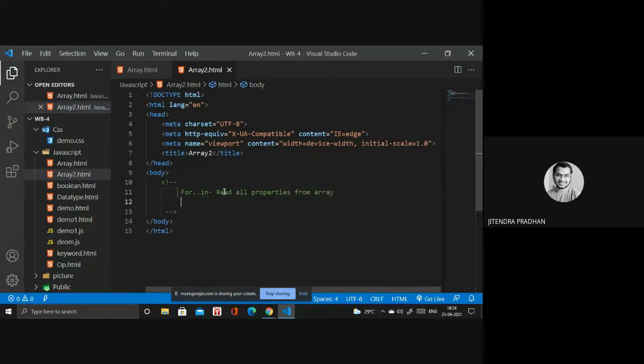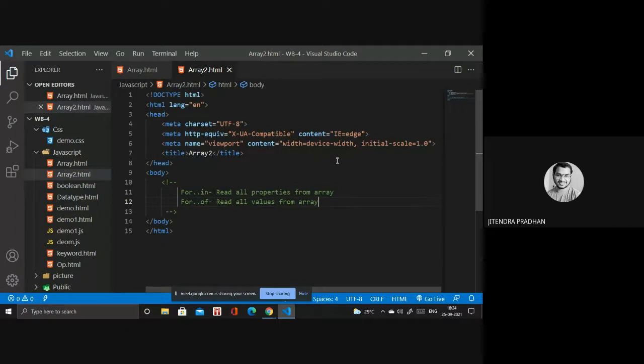Okay. Next thing is for of. For of we are using to read all the values from the array. Okay.